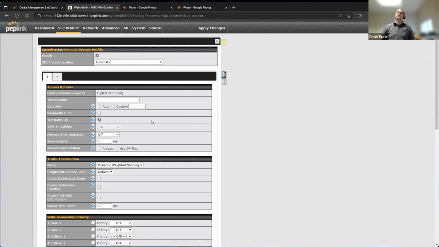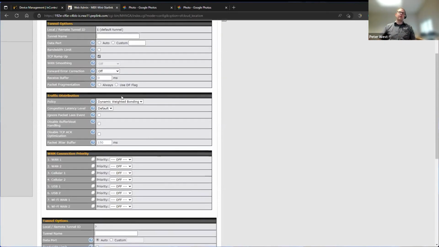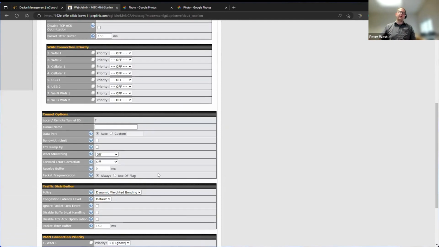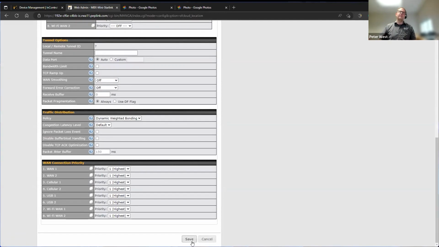TCP ramp up is a new feature in 8.3 that's going to improve the handling of TCP traffic, which Starlink uses TCP acceleration. It's going to dynamically change your upload and download throughput as the SpeedFusion Protect systems come online. So dynamic weighted bonding, and then I can hit save